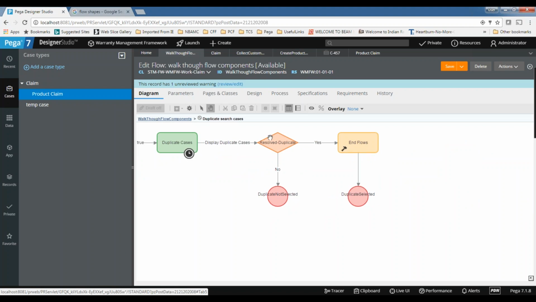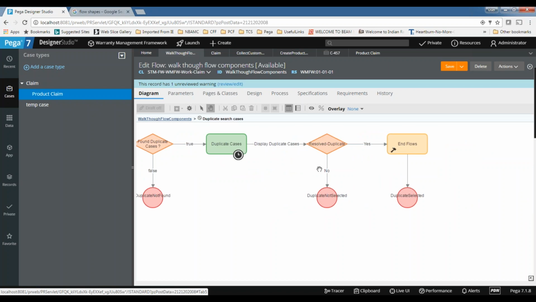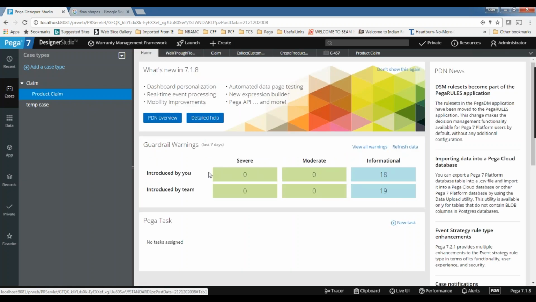By default the system will display the old case data, and you can also decide whether you want to go ahead or you want to stop the process. But based on the requirement you can customize this one. That actually saves time while applying for a credit card application itself.